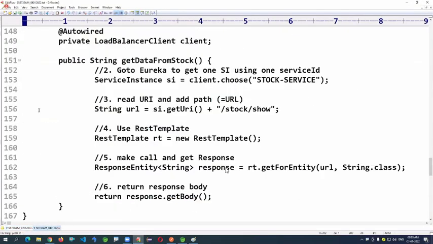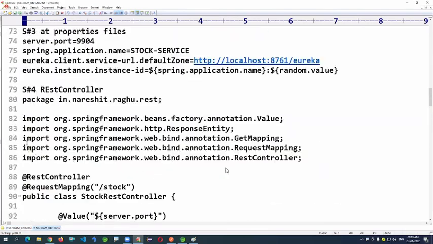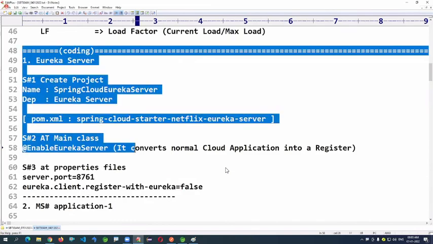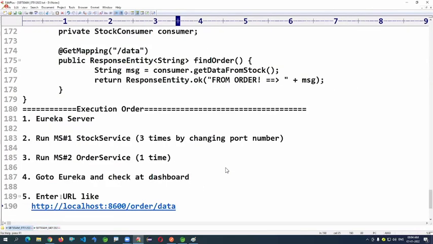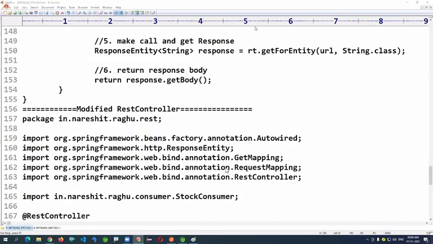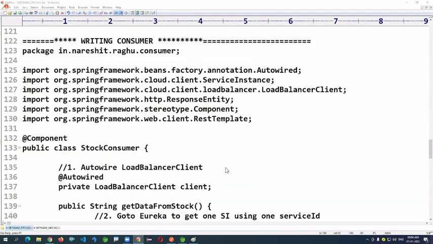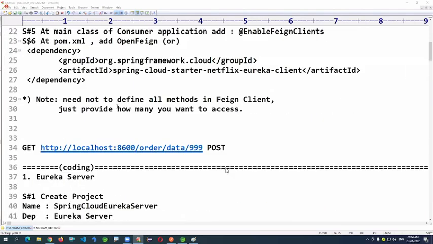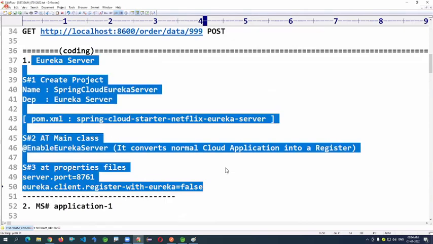I'm giving the complete code from the beginning. Eureka server coding fix.